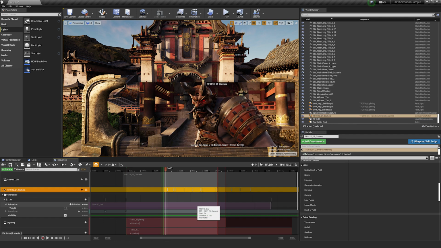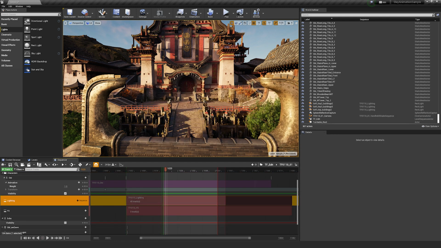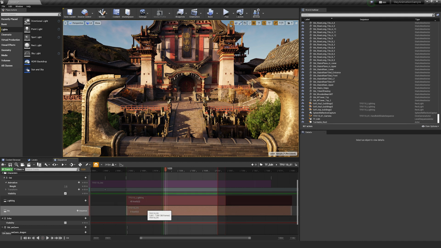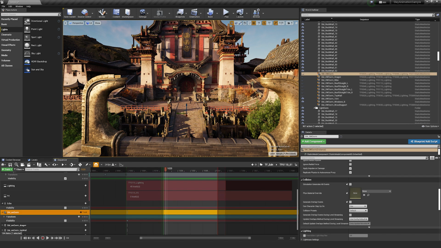There's a camera here that we didn't have in our test sequence. And there are also these things called lighting effects, also called TF 110 and TF 110 effects, and also characters and other assets that have been turned off to become invisible for this shot.